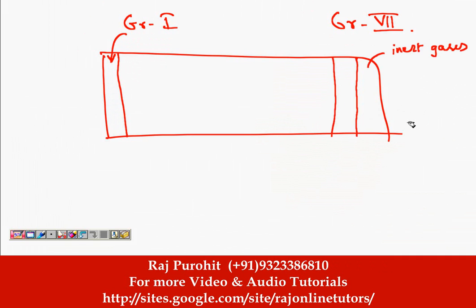Okay, on the extreme right hand side we will have inert gases, and just before that we are going to have Group 7. Now Group 1 is there, so all of these elements will have one electron in their outermost shell. So they will donate one electron, and valency of all of them will be +1. All of these elements will have 7 electrons in their outermost shell. They will accept one electron,